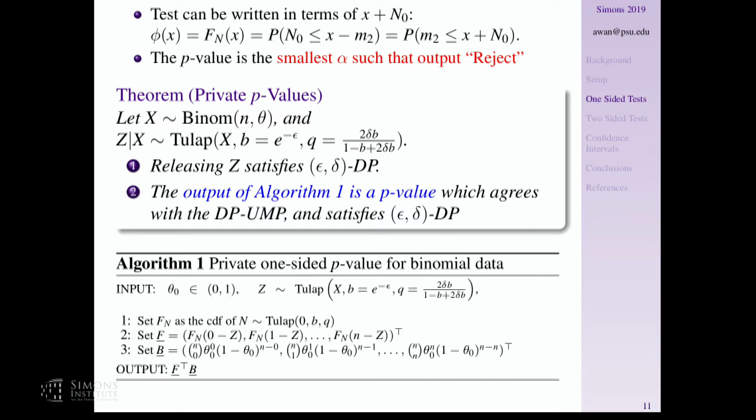So an important observation here: we set out to only release accept or reject. And at the same level of privacy, we found that actually we are able to release the summary statistic and produce p-values, which we never intended to be able to do. So that's quite nice. And it turns out that we're able to get even more out of this, which we'll see going on.